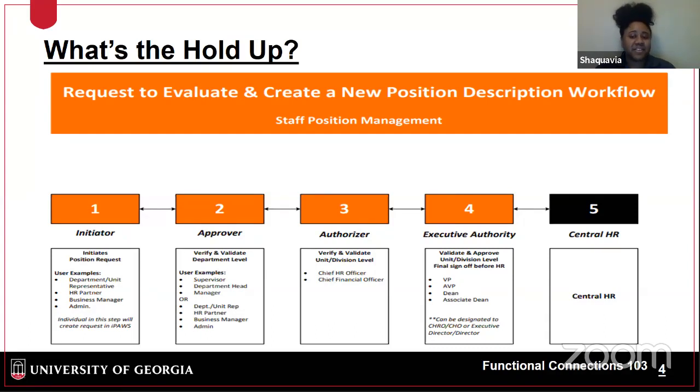Step 5 is conducted by central HR. But what is not included is what I call step 0. For us, step 0 begins with the unit. When you all identify the need and provide documentation and justification for your request, that is the real start of the workflow. At any point along this workflow, a delay can happen, and those delays are usually a result of